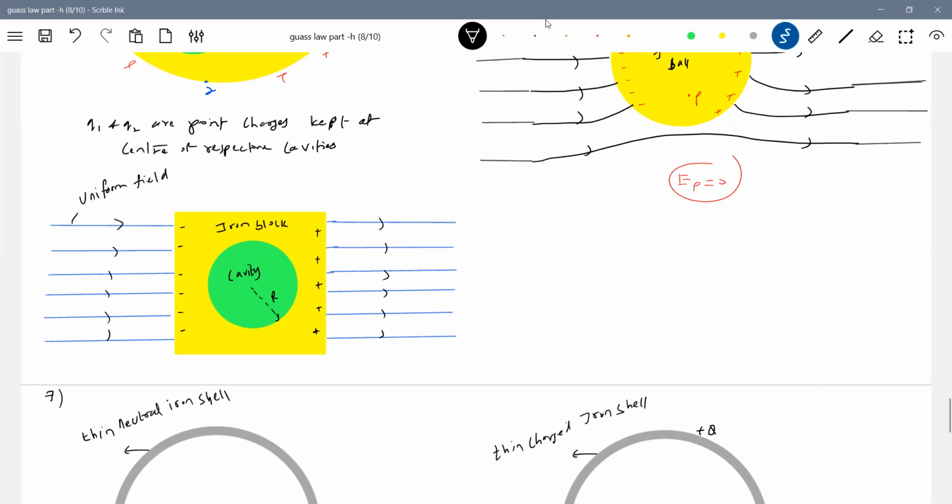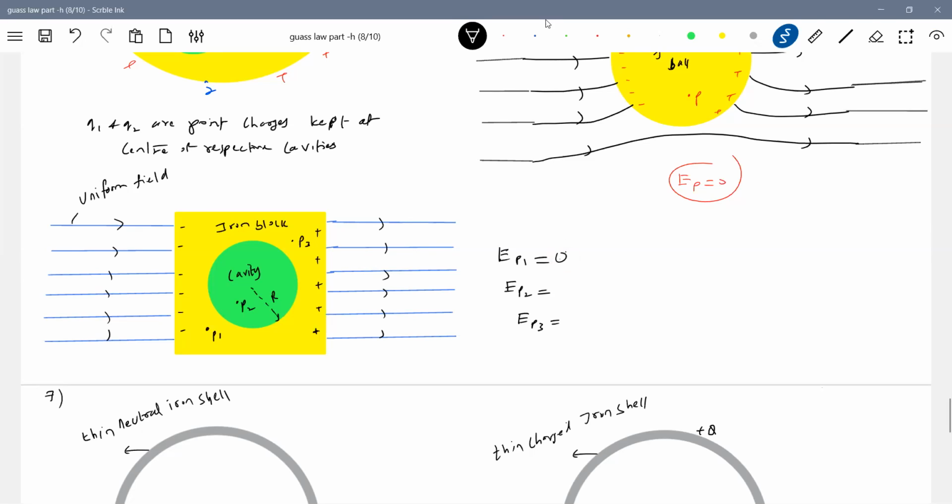I'm interested in a few things, so let me give two points, P1 and P2. Anybody, what should be the net field at point P1? The net field at point P1 should be 0 because it is in a conductor. The net field inside the conductor due to static charges should be 0.